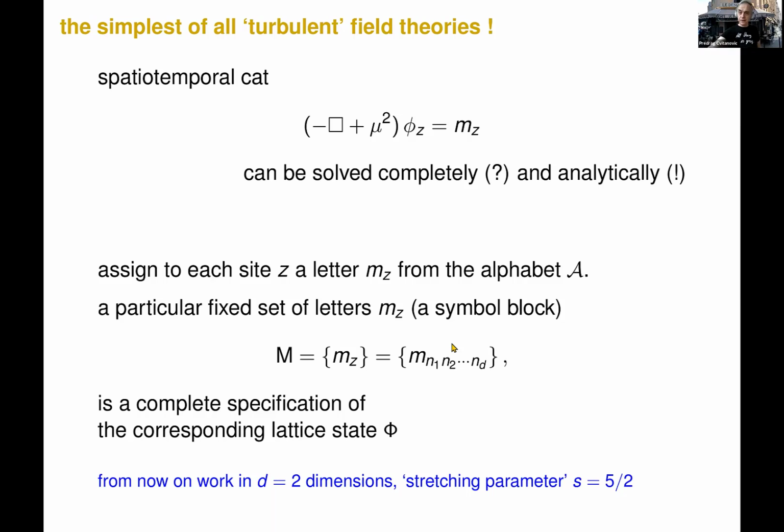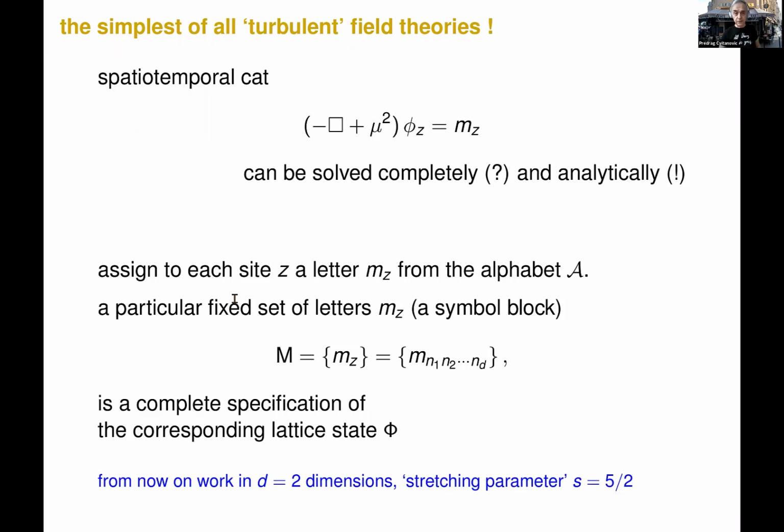Now we have told the story three times. We can solve it, and it's always the same story. We're giving marching orders, and now the marching orders are on every lattice site. So the table, symbolic dynamics, is now a block, a brick of things. You specify the table. I go to my computer. I solve either this problem or a nonlinear problem like Navier-Stokes. And I tell you, there is a physical state which has this description in terms of symbols.